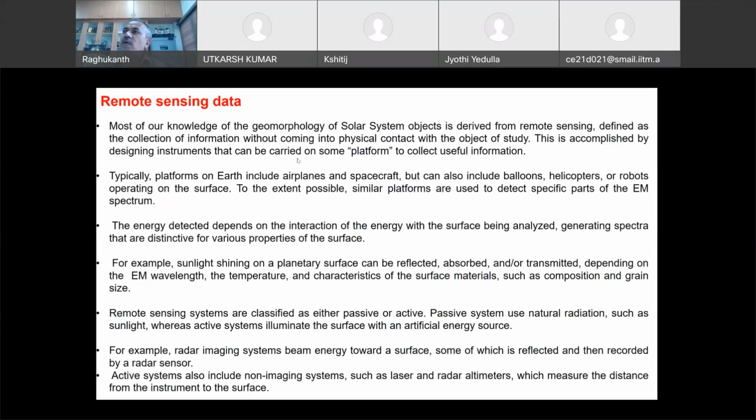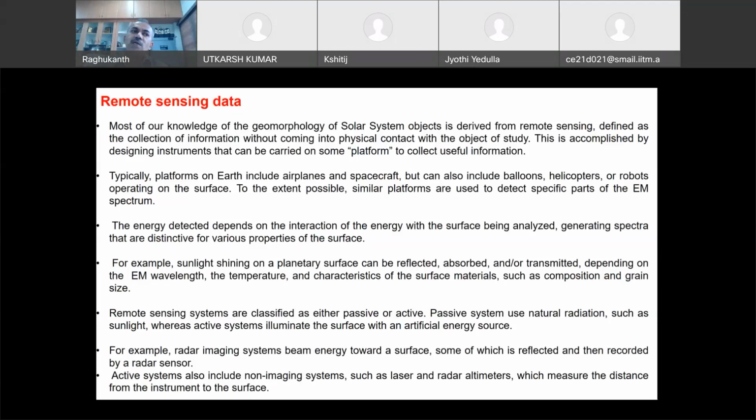Of course, on Earth, remote sensing is generally done with spacecraft, balloons, and helicopters or robots. Now the same things are used to detect specific parts of the electromagnetic spectrum. People try to use electromagnetic wavelengths, temperature, infrared, so many things are there. They use these types of tools, and then they try to find out about the impact cratering